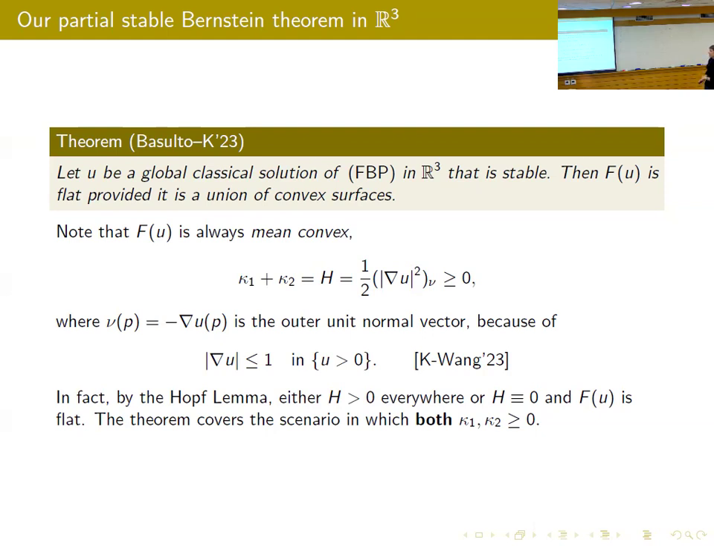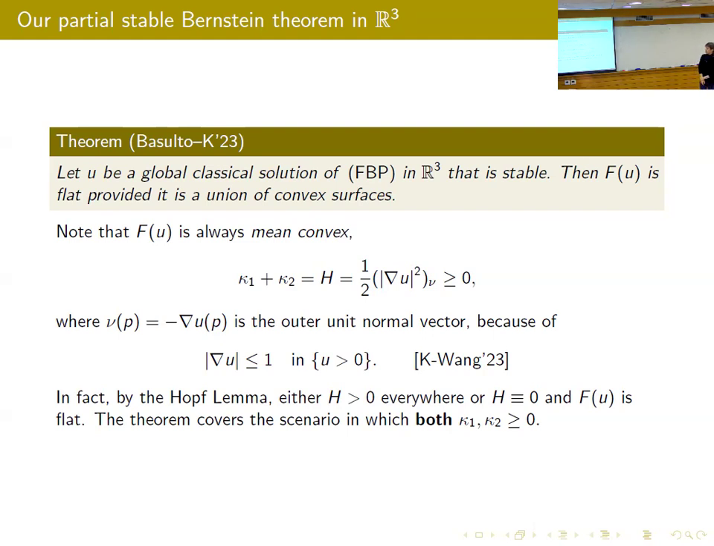And yeah, this is the case because the mean curvature turns out to be the normal derivative of the gradient of u at the boundary, and we proved in the paper that I mentioned earlier that this sharp gradient bound, gradient u less than or equal to 1, is always true